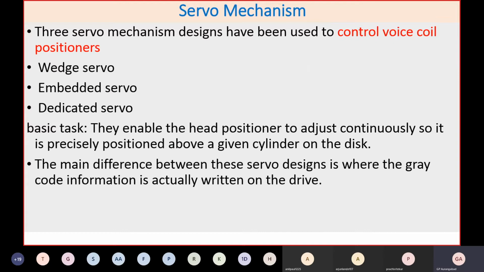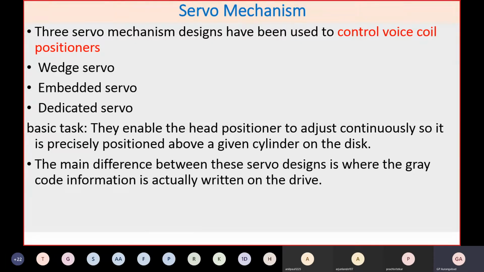So yesterday we have seen hard disk. I explained to you the importance of hard disk, the construction of hard disk, types of hard disk, working of a hard disk, as well as some of the important terms related to this hard disk. In continuation with this, I'll now explain what the servo mechanism is that is used